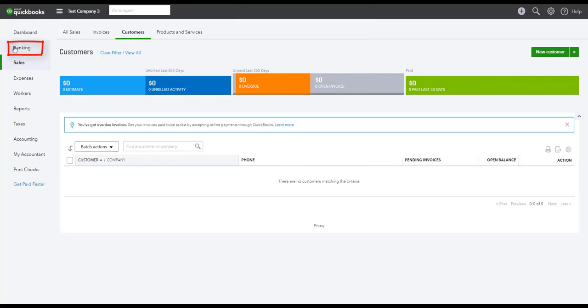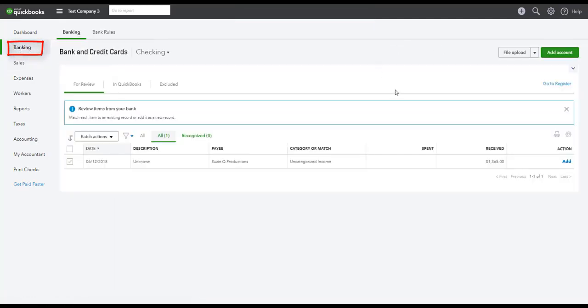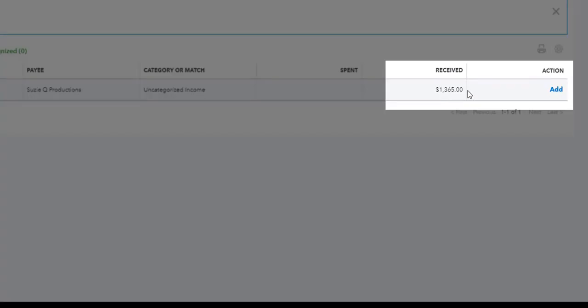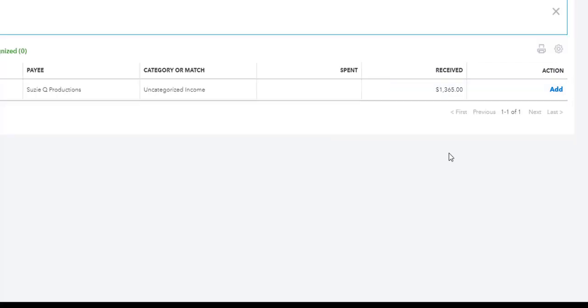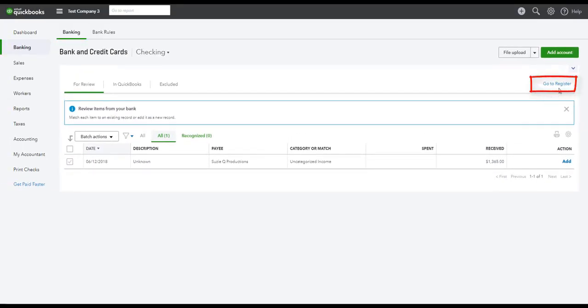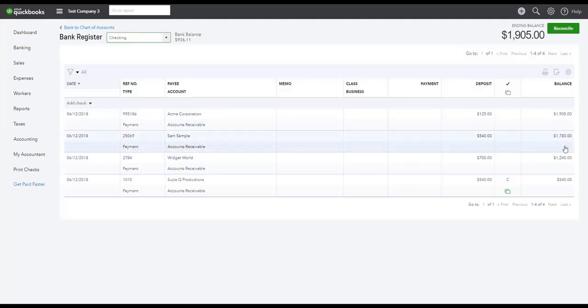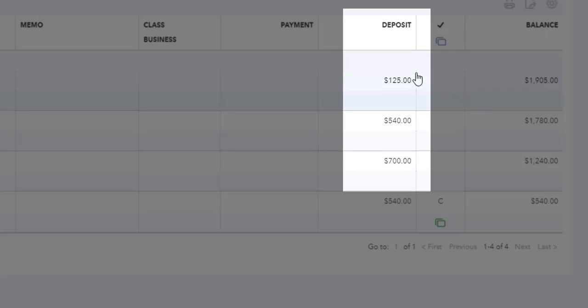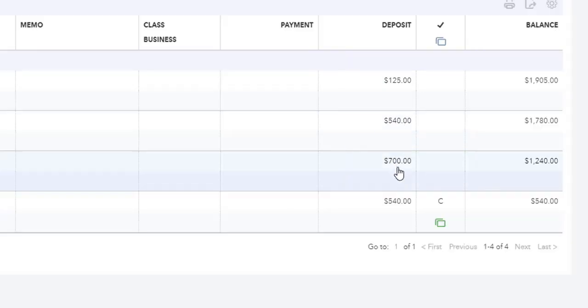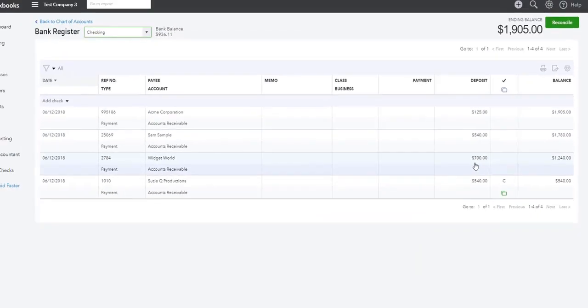Now if I go to the banking screen, you'll notice here is the bank feed coming in for $1,365. That's the total of the 3 checks that were deposited. But as we know, we deposited them separately. So I'm going to click right here on Go to Register to show you what that looks like. And here we can see in the register those 3 deposits that we made, $125, $540, and $700. As none of those are